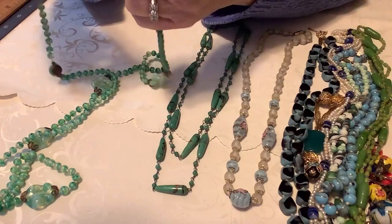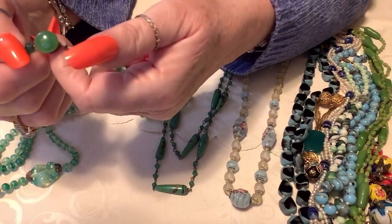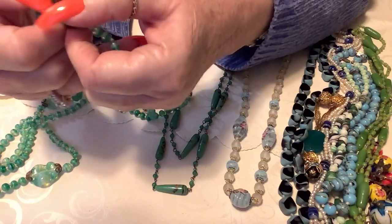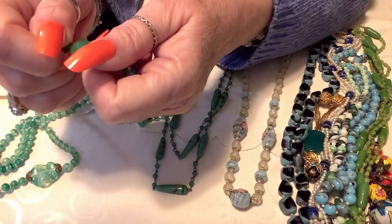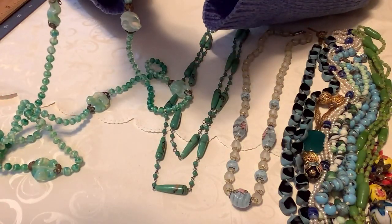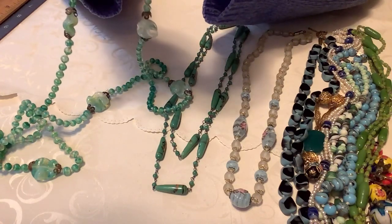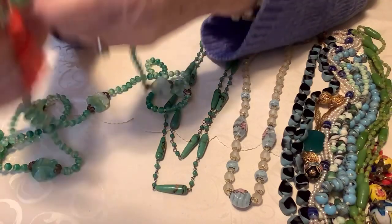This is definitely older. This is the clasp here. It's super vintage. It needs to be taken care of. I don't think I'd even use it. It's fine, but it's so long that it can just go over your head. It does have a couple strings sticking out, which is just regular wear and tear because of the age of this. And it does go back in,